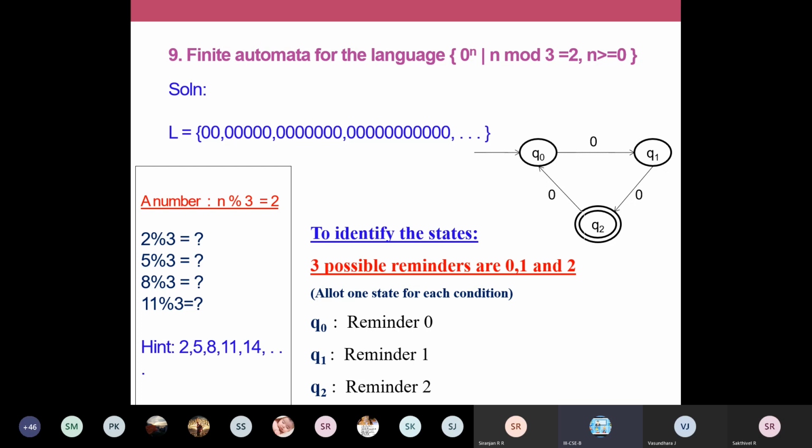Tell me the answers for 0 mod 3, 1 mod 3, 2 mod 3. For these things, you tell me the answer. TOC is not such difficult. You don't go for complicated expressions and all. We need only the basics.